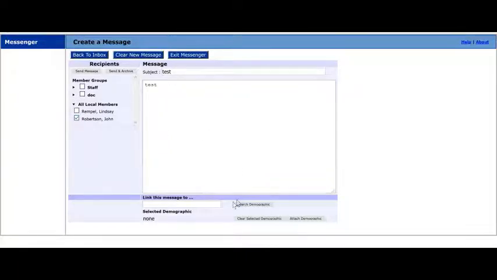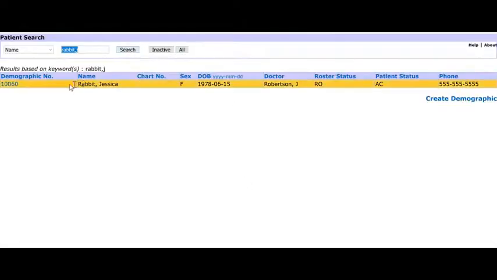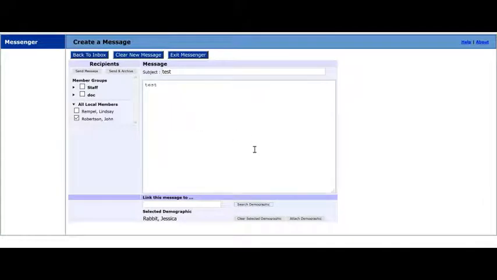We can also add a demographic, and just click on the demographic number. And then this will be added to that patient's chart. We can then send the message